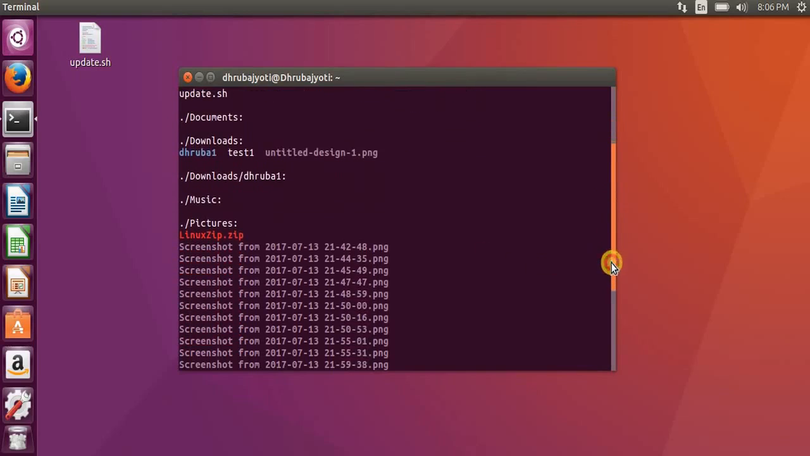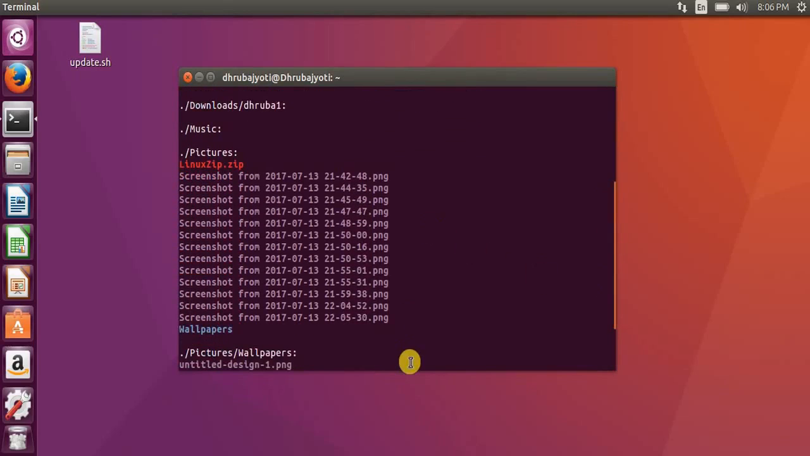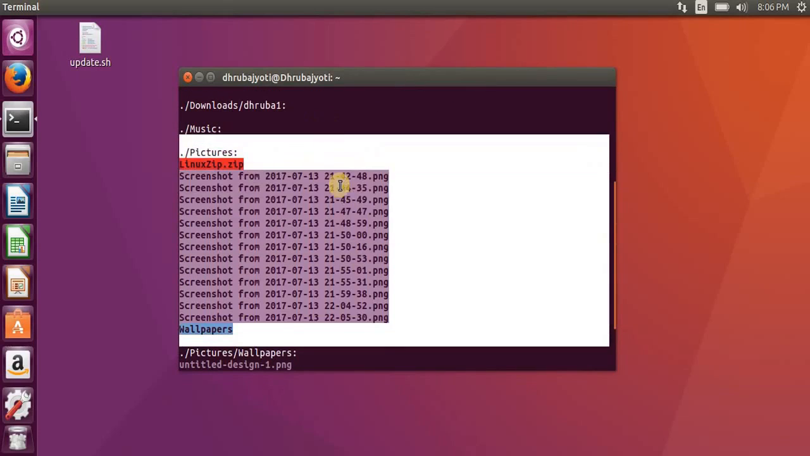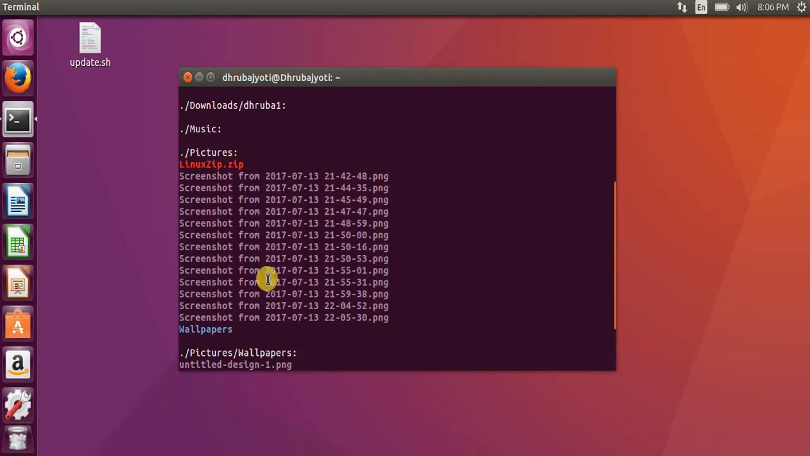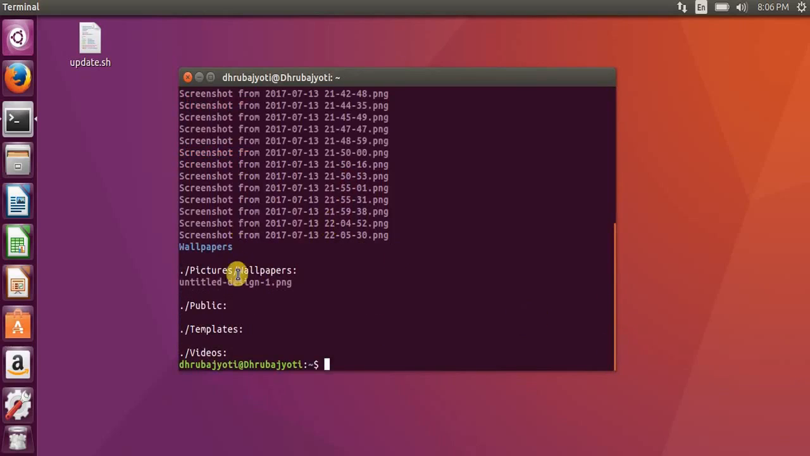Then if you scroll down a little bit, you can see in the pictures folder I have a lot of screenshots, and there's a zip file present as well, and also there's a wallpapers folder present, and if you scroll down a little bit, there's a png file present in the pictures slash wallpapers directory. Alright,